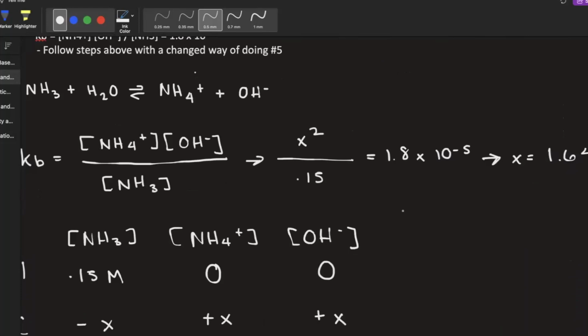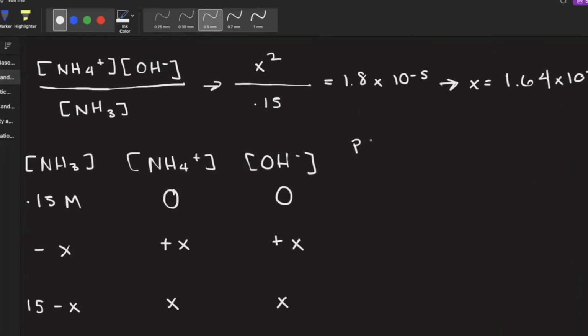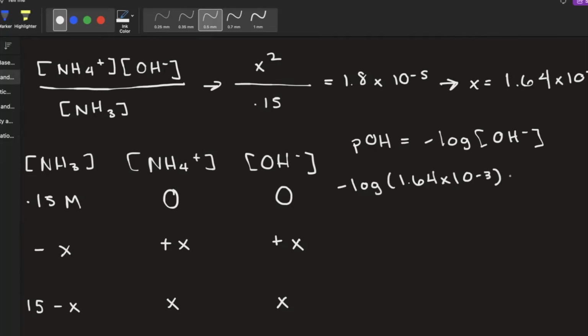So pOH is equal to the negative log of the concentration of OH minus. So by just replacing these numbers, we're going to find negative log of 1.64 times 10 to the negative third gives us a pOH of